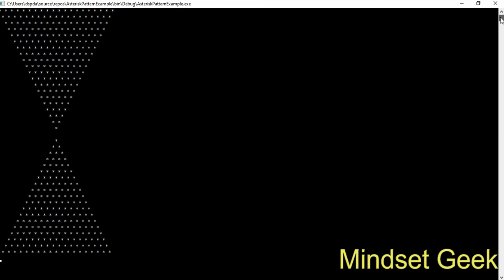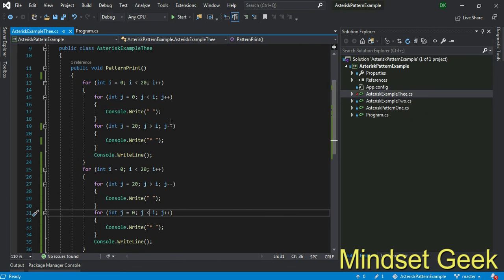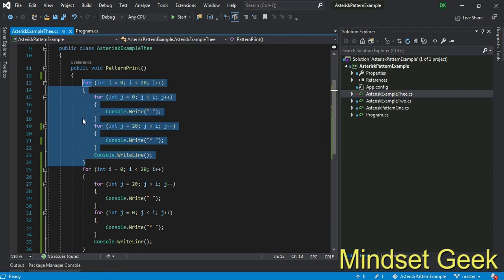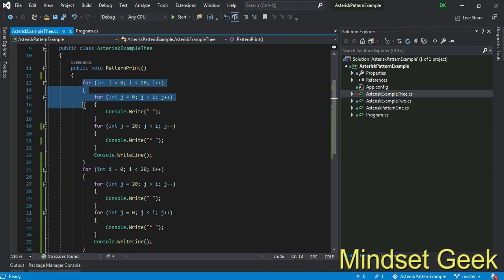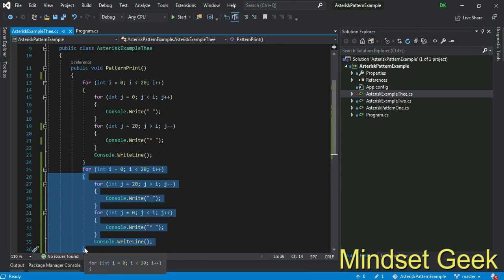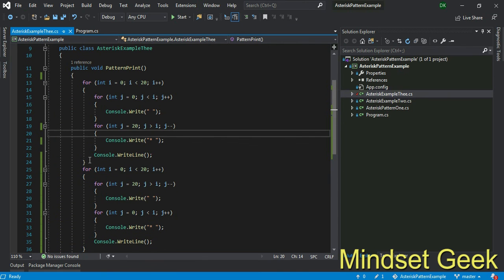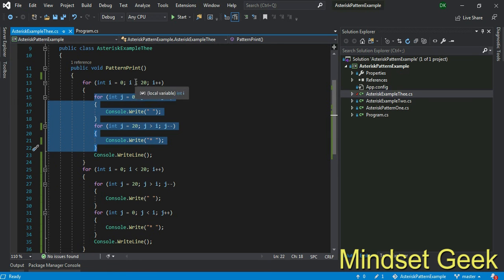Okay, this is the asterisk pattern printing example. I think now you have the logic behind this. We use two inner for loops. These for loops have the same priority, but your program executes top to bottom. That means after completing this for loop, it will execute the next for loop. Before completing the outer for loop, it has two more for loops for one iteration.